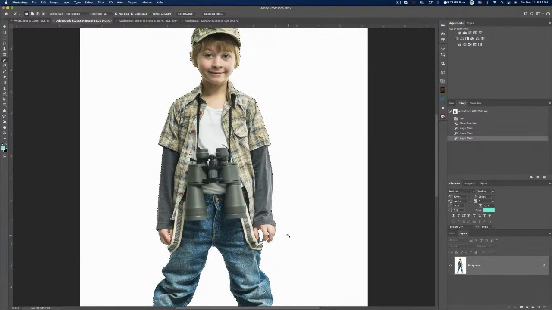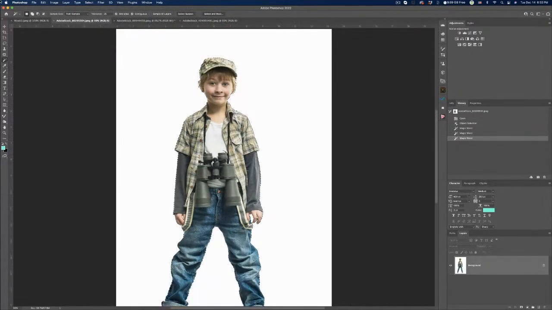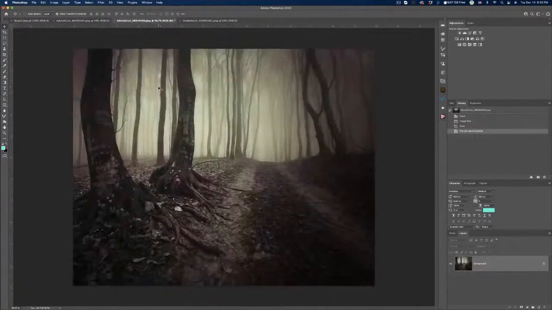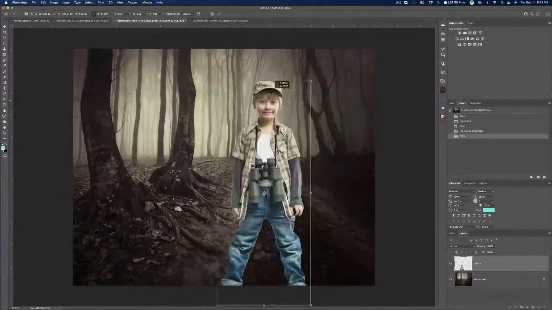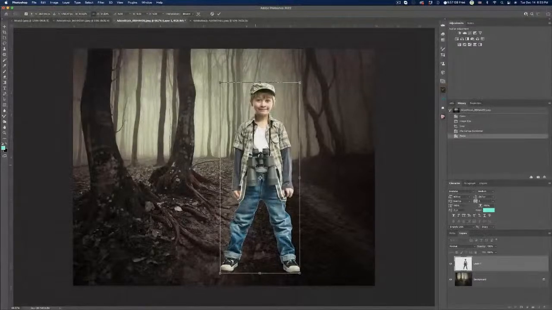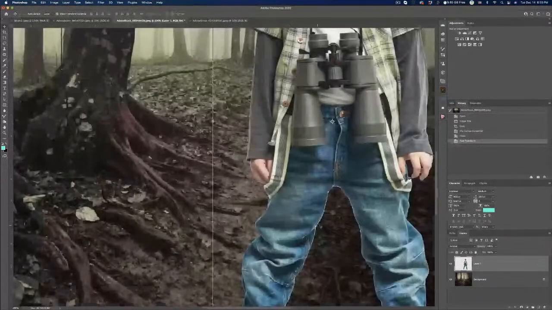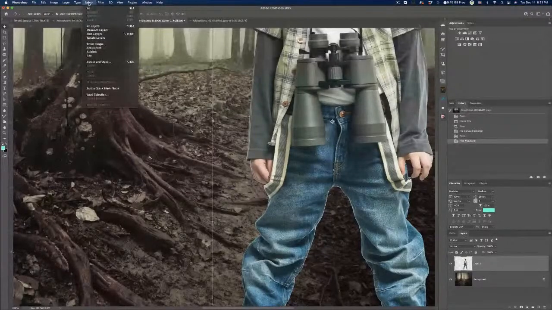I think everything else I'm going to live and let live for now. So I can copy this and paste him in. Now he's too big, but you'll notice the silhouette isn't bad, right? It's not bad at all. I'm going to leave him a little bit bigger than what I'm ultimately going to need him to be. One other thing that you can do, by the way, you'll notice that there's a little bit of fringe here. And sometimes, not every time,